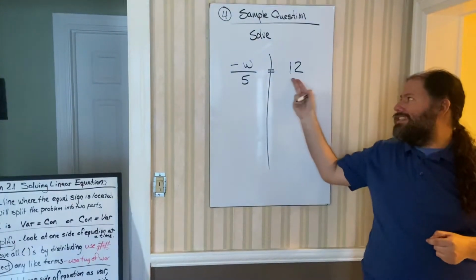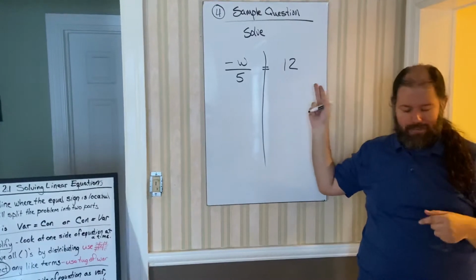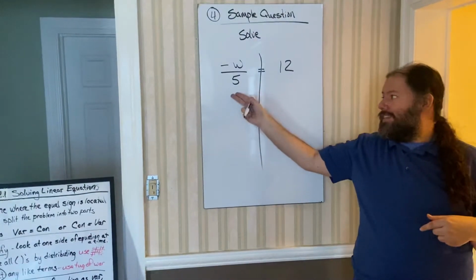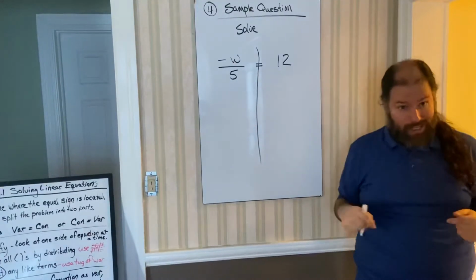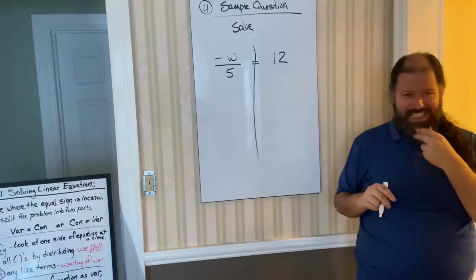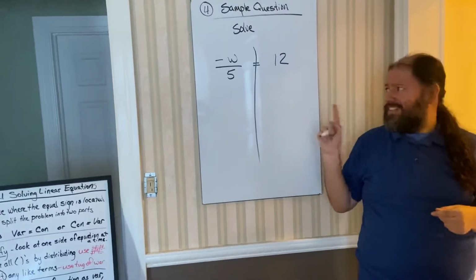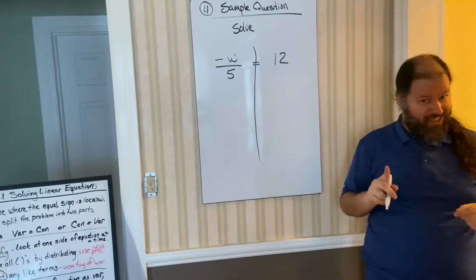Well, this side is just a constant, so there's nothing here to do any simplifying. No parentheses, no like terms. Over here, no parentheses, and I have a variable. And remember, this 5 is not a constant. And you look at it and go, yeah, that does look kind of funky. So when you see this little funkiness, because you might have found the coefficient is 5, which is not, you